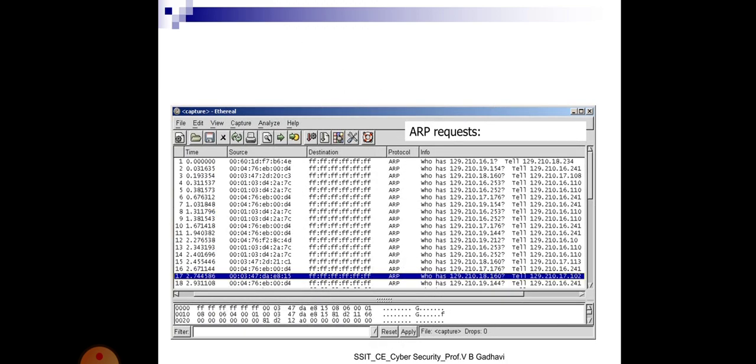Here we see an example in which we find the ARP request from a particular host to a destination host.